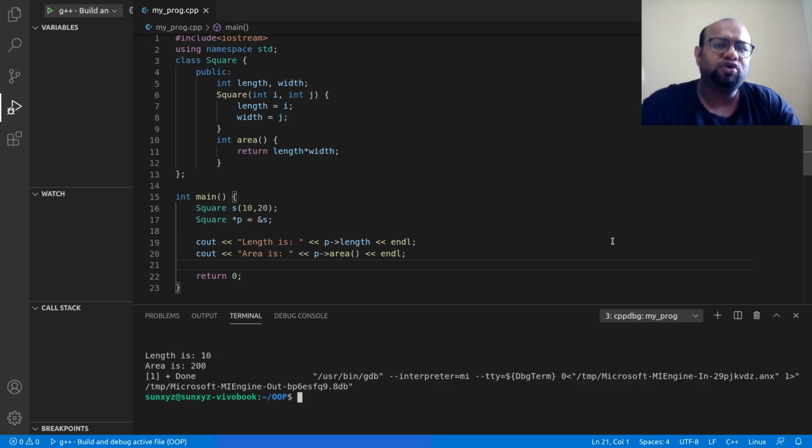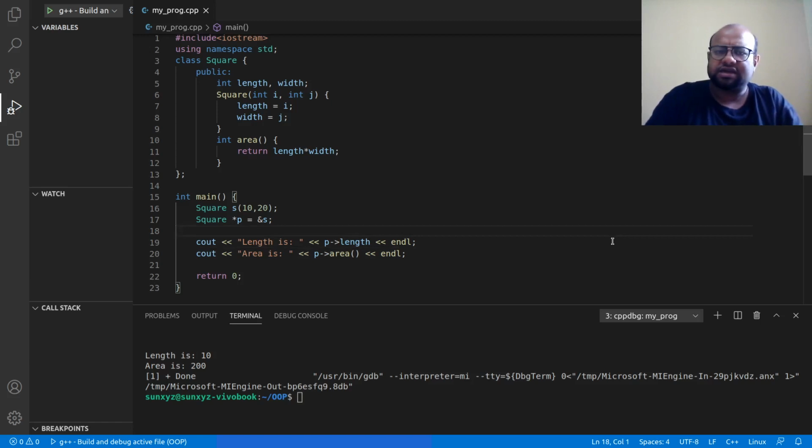Now you are going to do pointer arrow attribute name or pointer arrow method name. So you see this difference. I hope this makes sense. Of course, if you have doubts, reach out to me.